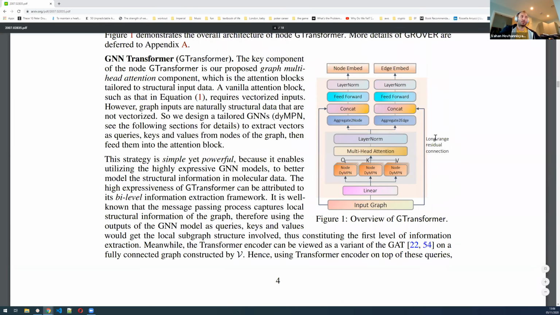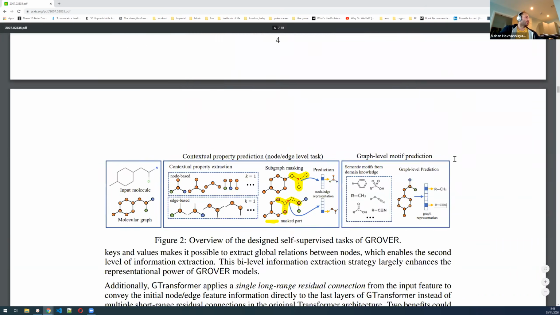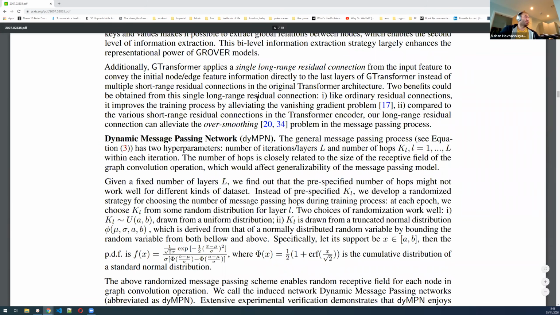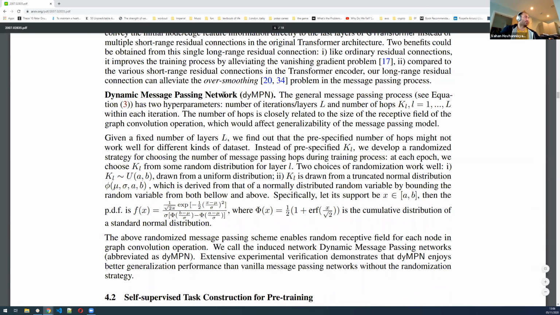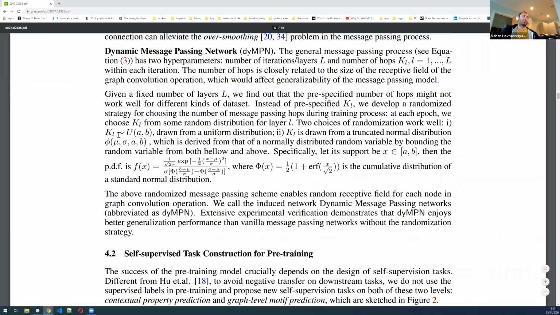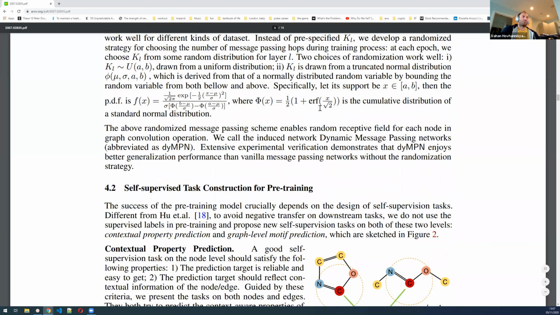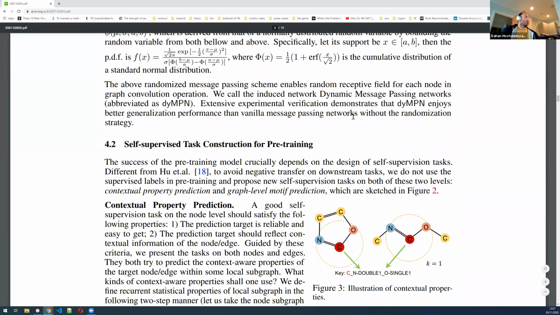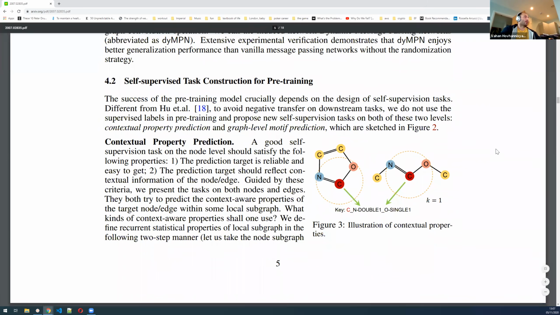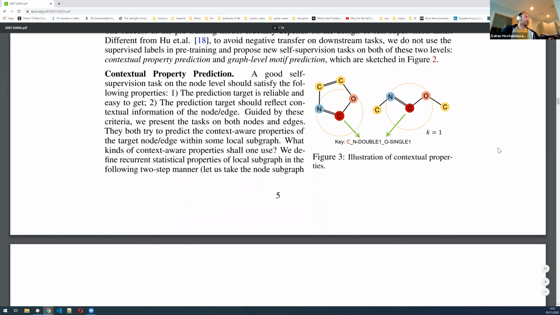Right. So that's the G transformer, the architecture here, and I mentioned dynamic message passing, where the idea is basically to randomize the number of hops, and they mentioned you can sample from a uniform distribution, or you can sample from a bounded normal distribution. Okay, not too interesting, I think. It's just something you do for generalization. Right, and then the important part,